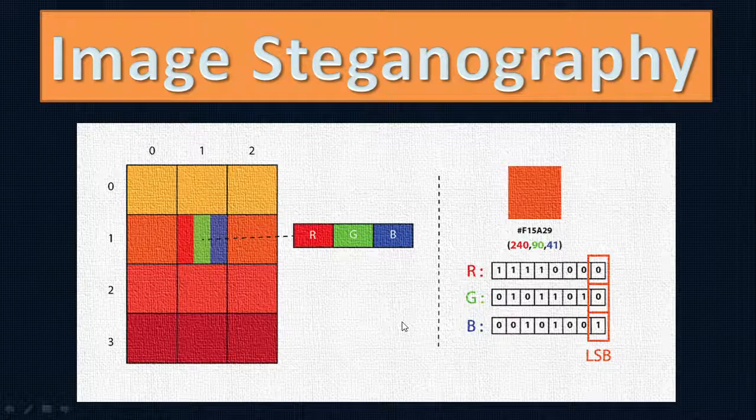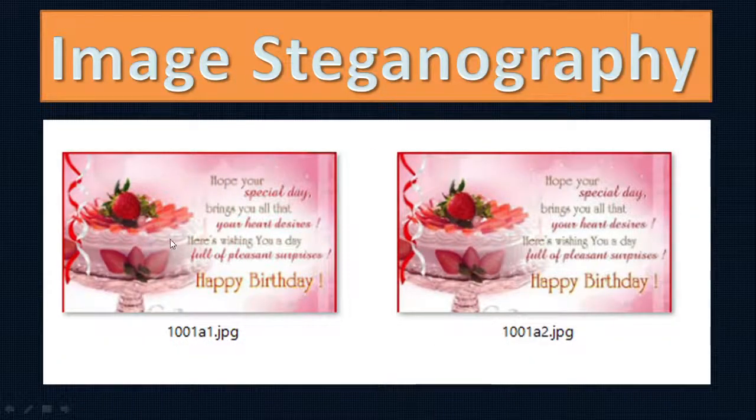Now here we learn how you can add the secret message and how we send it online to the next person. That is the main aim of this project. I'll explain how the whole project works. Here you can see two pictures: this is the first picture and this is the second picture. In the first picture no information is hidden, but in the second we added information. You can see that nowhere is the information visible; only when you decode it is it visible. So when you send this picture to the other person, he can decode what is inside the picture. This is the whole concept of our image steganography. Both look the same, but only if you decode it will you understand what information is hidden in it.